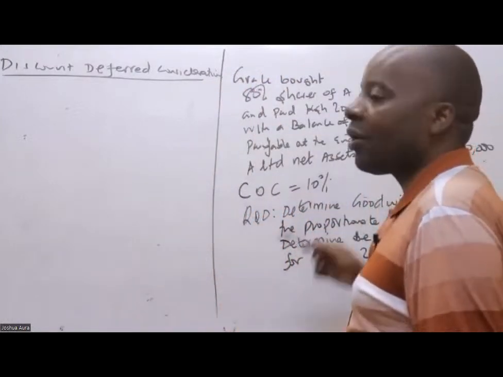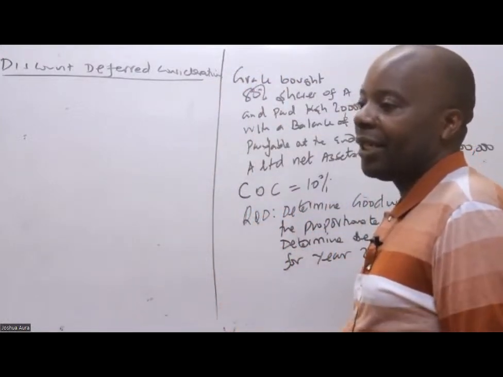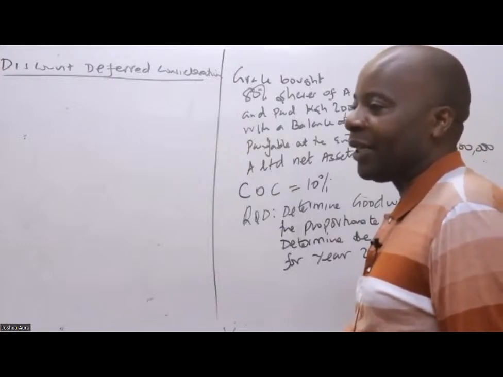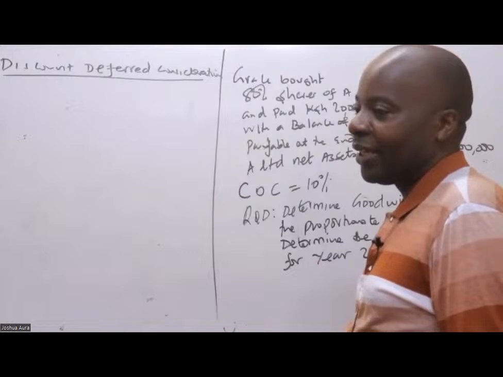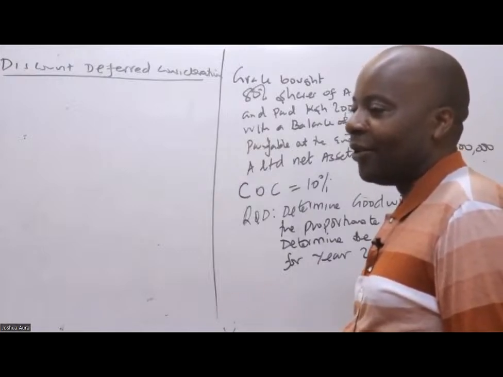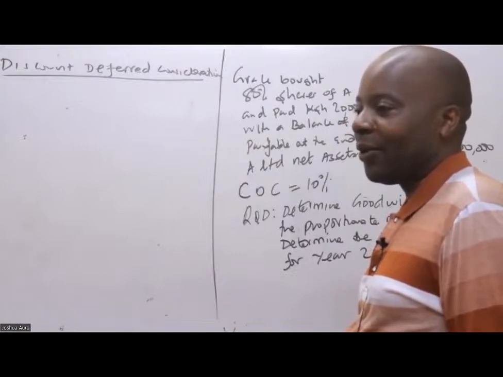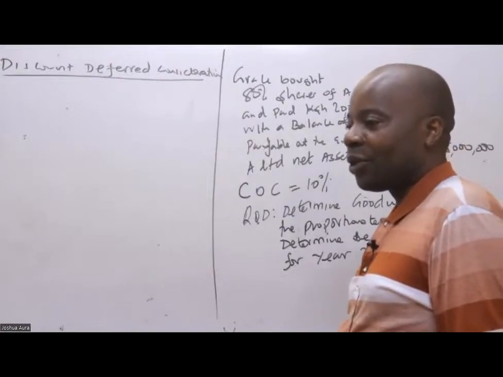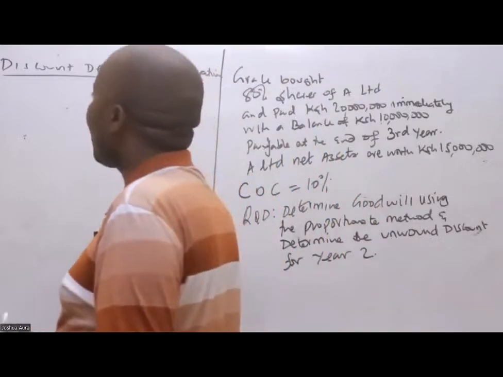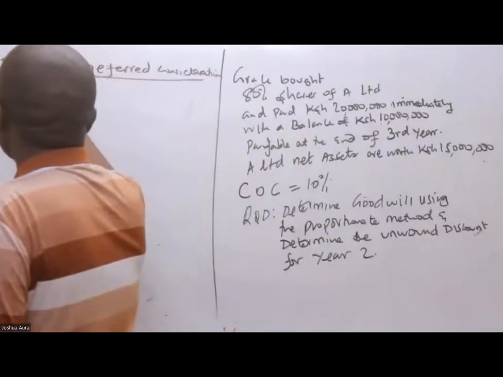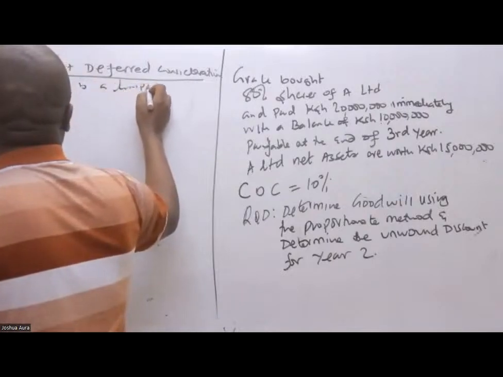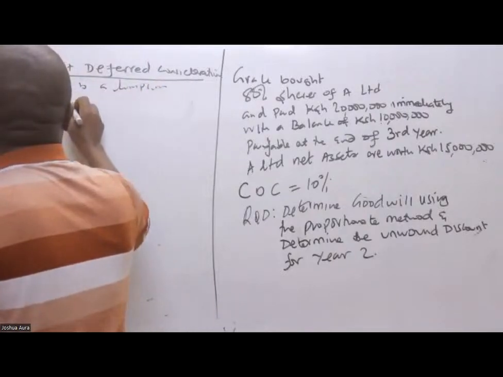is this 10 million payable at the end of the 3rd year an annuity? Is it really an annuity? You understand the meaning of annuity? You guys are doing advanced financial management. Is it something like Grace will be paying every year uniformly? No. It's a lump sum amount. So if it's a lump sum, a one-off amount, it will be categorized under what we call irregular, and this is a lump sum,